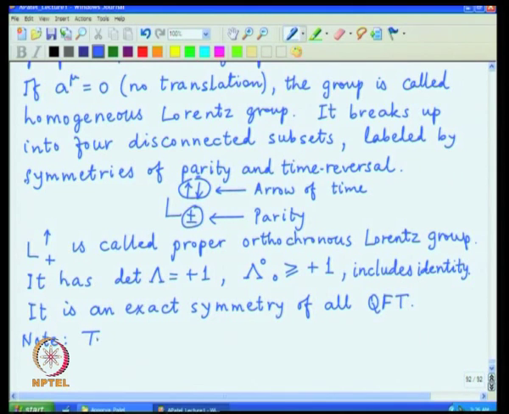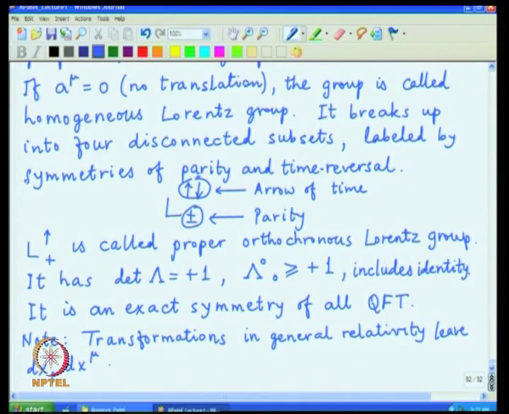So, there is an obvious extension of the linear space-time transformations to arbitrary space-time transformations, and those form the description of general relativity, and these arbitrary transformations also have the property that dx mu contracted with itself remains unchanged,